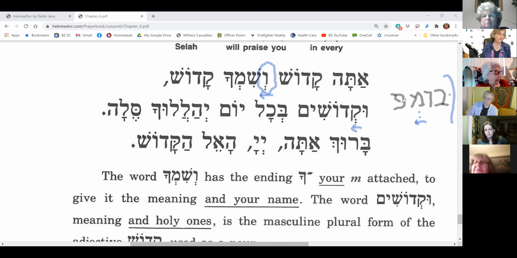And by the way, you'll notice that I didn't put a dagesh in any of these, because as soon as I put an u in front of it, I cannot have a dagesh. So a word that started with a bet can no longer have a dagesh in it, because after a long vowel I can never have a dagesh, and the u is a long vowel. So if I want to say "and blessed are you," I would say u, because it starts with a b, but I'd have to take out the dagesh. It would have to be u varuch, which is the exact same word, the exact same letter. I just can't have that dagesh there. Okay?